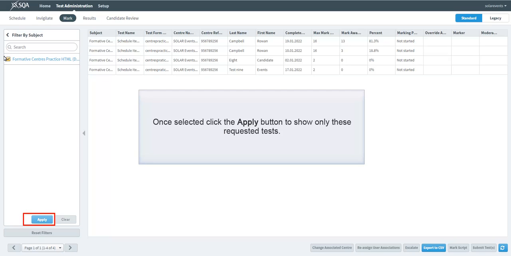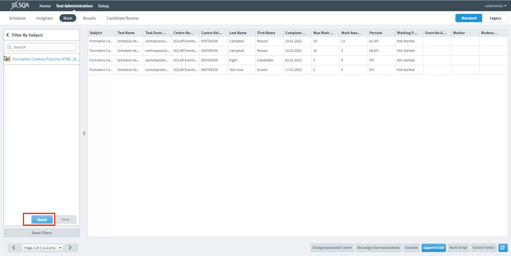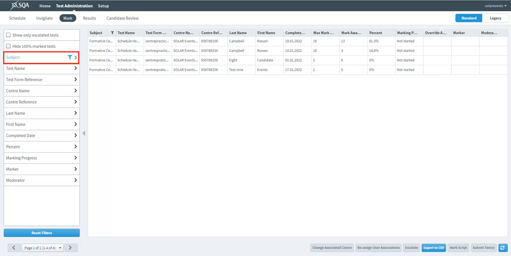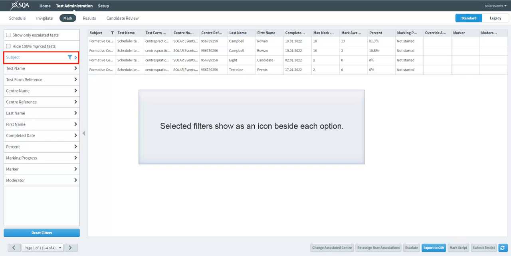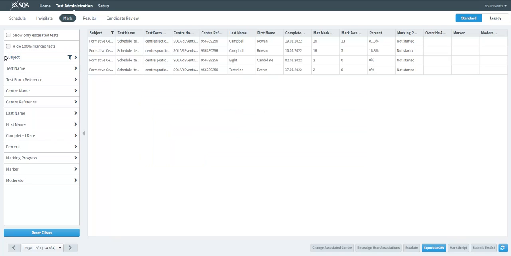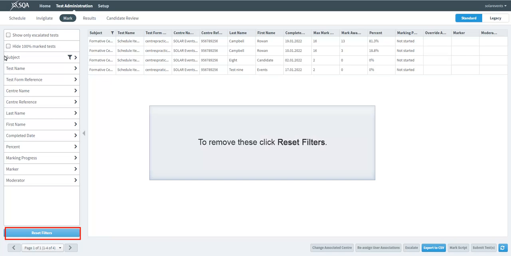Once selected, click the Apply button to show only these requested tests. Selected filters show as an icon beside each option. To remove these, click Reset Filters.